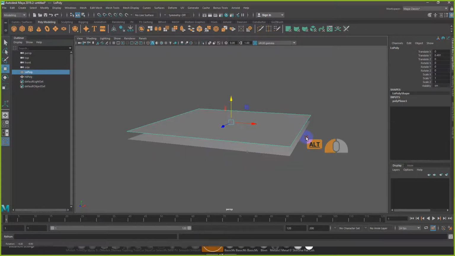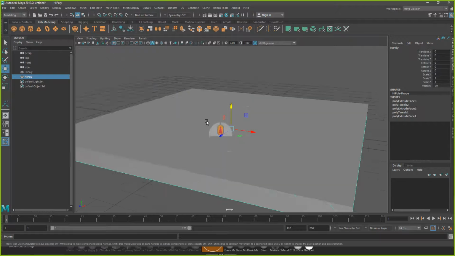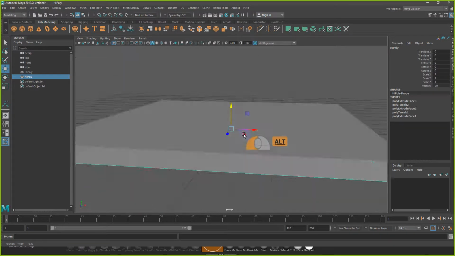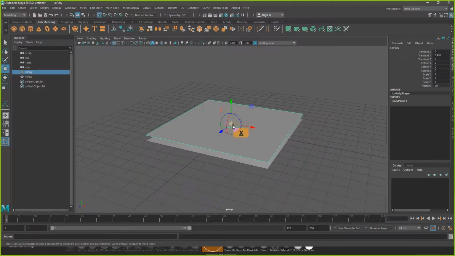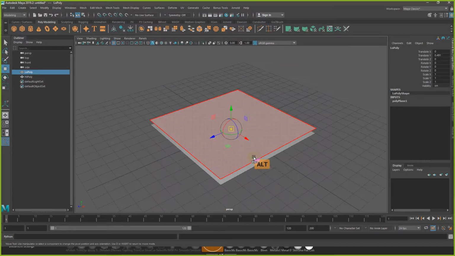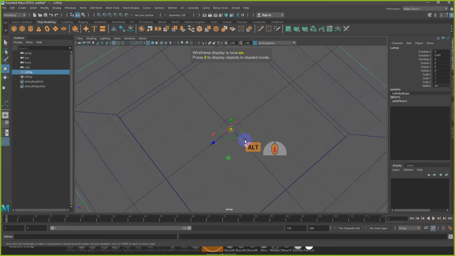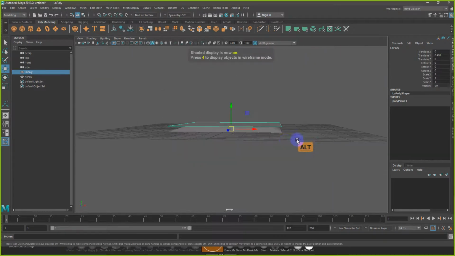So I'm going to move this thing back up. So this thing had a pivot here. This thing has one here. I may, in fact, turn the grid back on. So that's right at the center of the grid. That's fine. I can take this, hit D, which activates the Move Pivot tool. And if you hold X, it'll snap to the grid, which I believe should be right there. If you hit 4, we can see that's perfect. And then hit D to deactivate the pivot movement. So we click on either one, right? Pivots are the same. If you take a look, though,